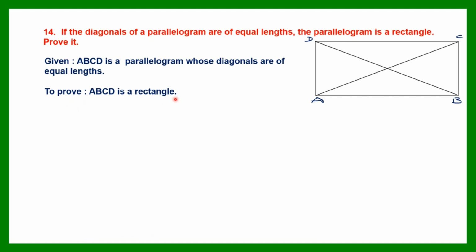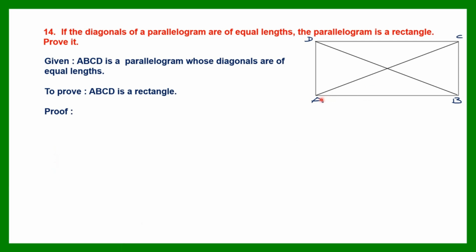Now to prove that this is a rectangle, one very important property about rectangles is that the four angles formed are 90 degrees. So if we can prove that the angles here are 90 degrees, then we can say that this parallelogram is a rectangle. So for that, the first thing we're going to do as proof is look at triangles,